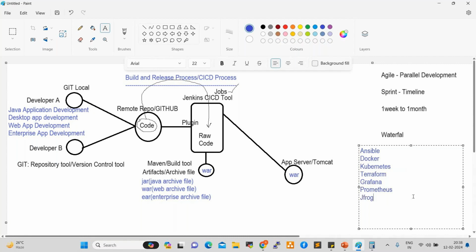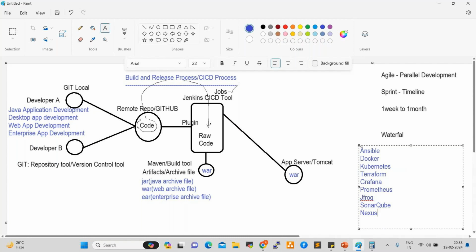So these are the tools we are going to learn. Along with these, Git, Jenkins, Maven, Tomcat, and also SonarQube and Nexus. These are the tools we are going to learn.